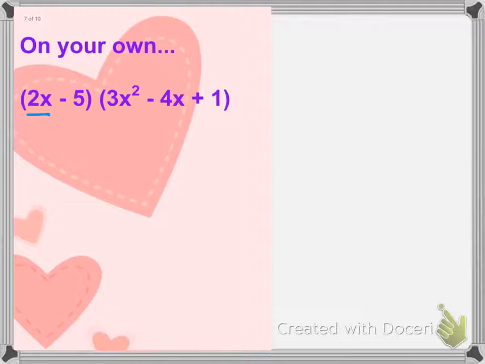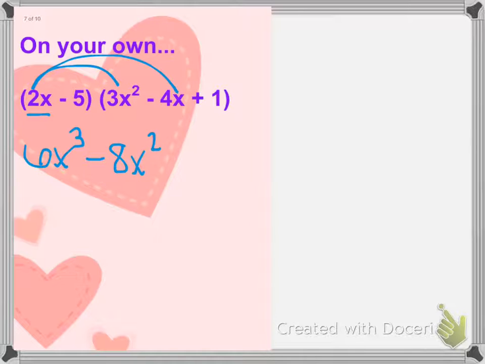Start by distributing the 2x. 2 times 3 is 6, and I have 3 x's total. Keep going. 2 times negative 4 is negative 8, and I have 2 x's. 2x times 1 is a positive 2x. And now I'm out of terms to distribute to, so now I move on to the negative 5 and distribute